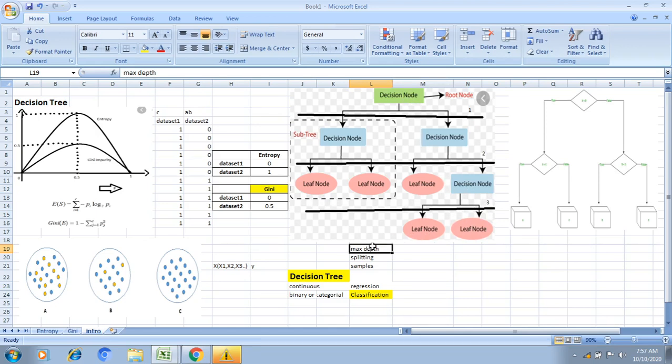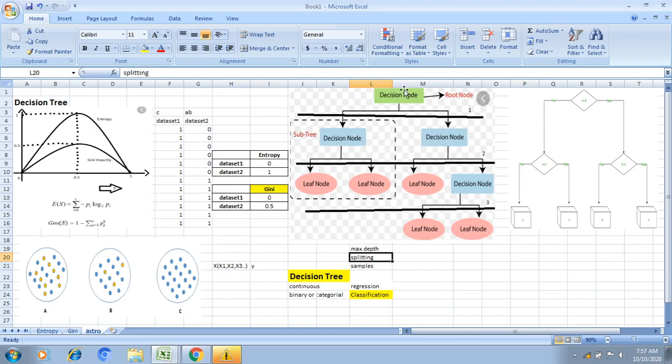For example, if I want to reduce my tree length, I can tell the decision tree to allow only max depth 2. So my decision tree looks like only this much. This decision node will be replaced with a leaf node. In a similar way, if I mention max depth 1, my tree is limited to up to here only. Then these two decision nodes will be replaced with leaf nodes. This is a way we can reduce our tree as much as possible.